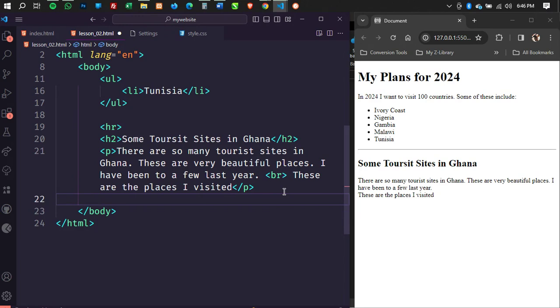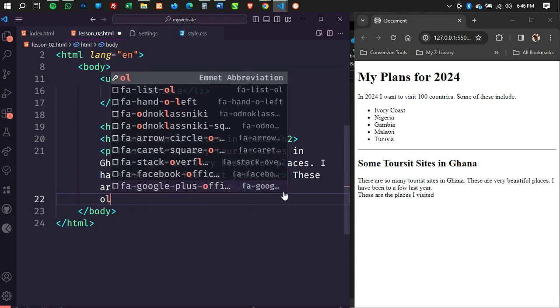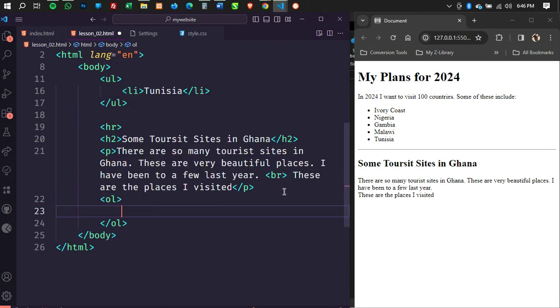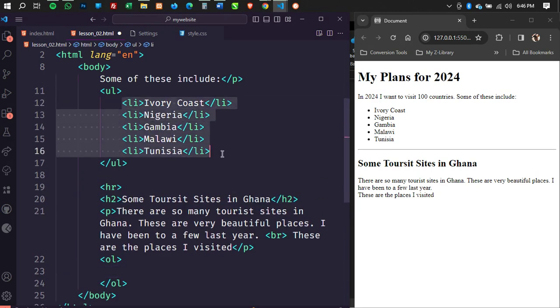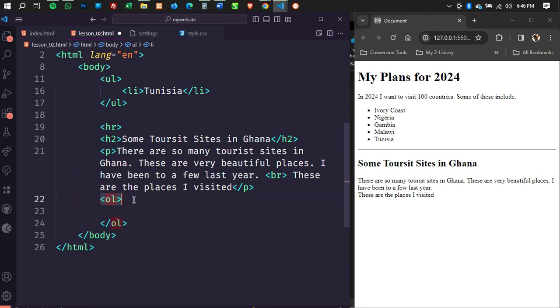And so the ordered listing comes with OL, right? So when I have my OL element, and inside my OL, I'm still going to have LI, just like we had in the unordered list. So in the ordered list, we have LI, and let me name 5 of them.